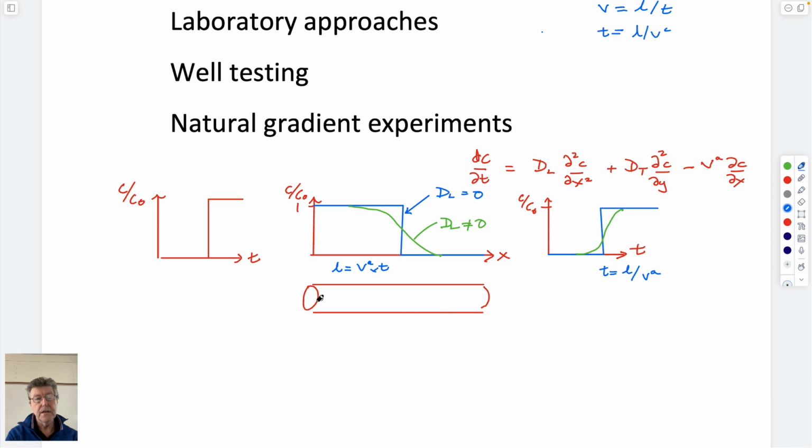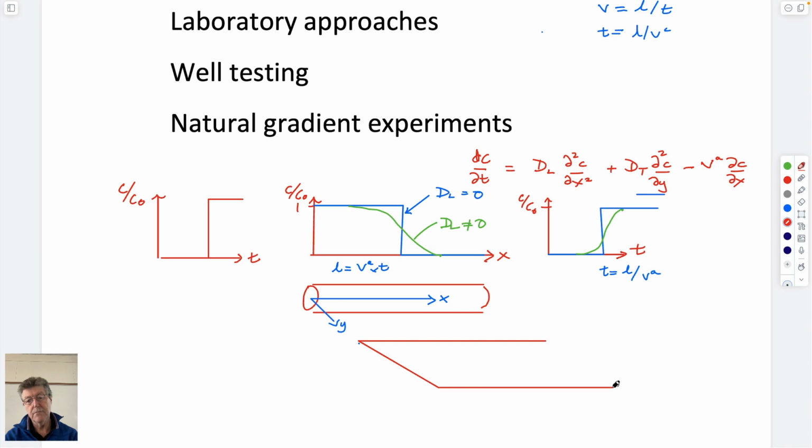We know that if we're dealing in 1D flow, then we lose this term because there's no transverse dispersion, because in the y direction all the concentrations are the same everywhere you look, because it's kind of a one-dimensional flow system. So we lose this term, and I guess if we have a geometry that looks like this,